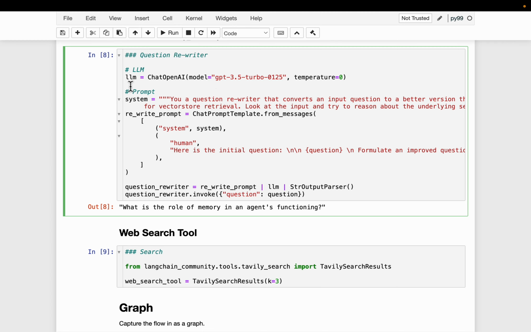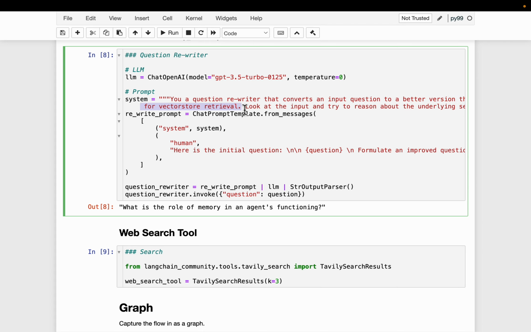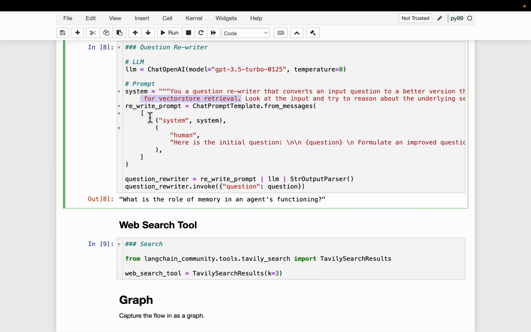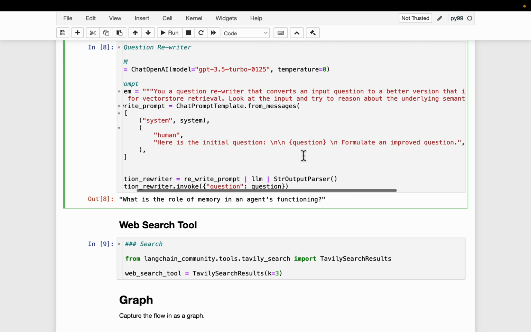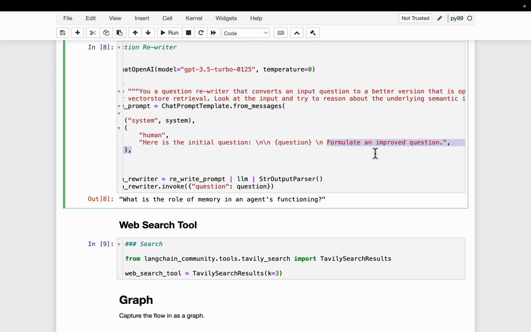Okay, so the question rewriter. Again we have a brain, and the prompt says: you are a question rewriter that converts an input question to a better version that is optimized for vector store retrieval. This is the important one. Look at the input and try to reason about the underlying semantics, intent, or meaning of the user. Here we have the initial question, and it should give us the formulated or improved question.